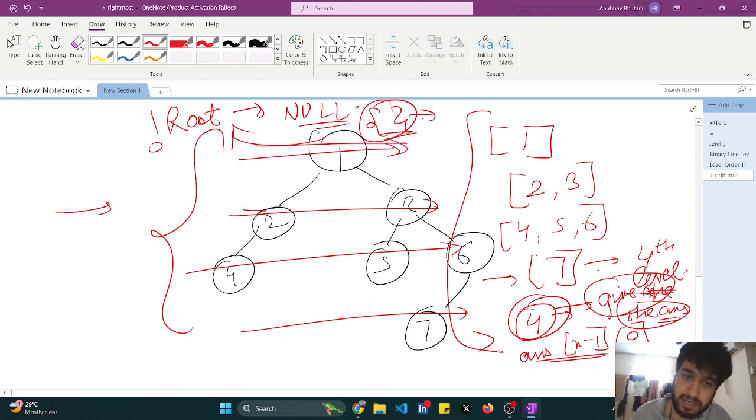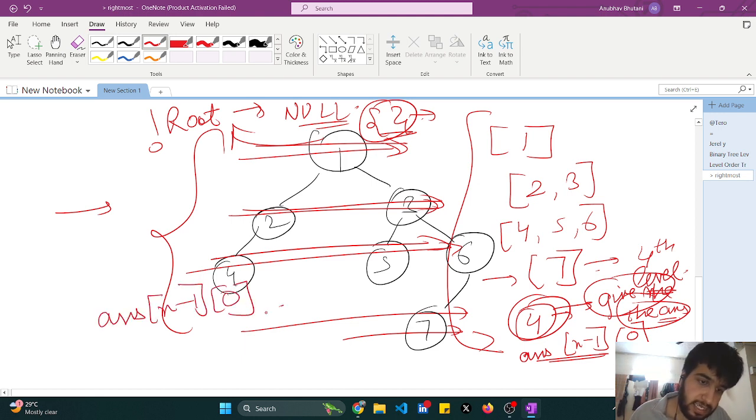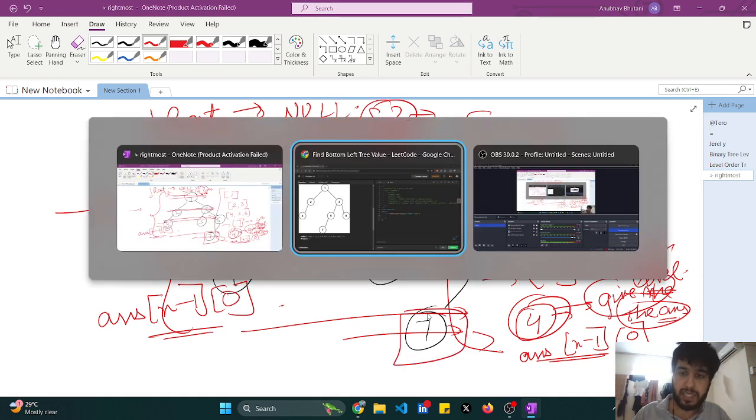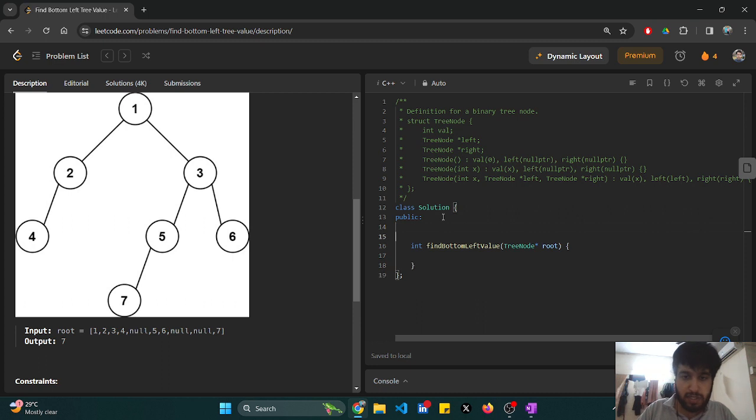I just have to level order traverse them, and I have to store them in a 2D vector, and I have to just return answer of n minus 1 and the 0th element. That is, I have to return the first element of the last level. Okay, so if I try to code this approach,